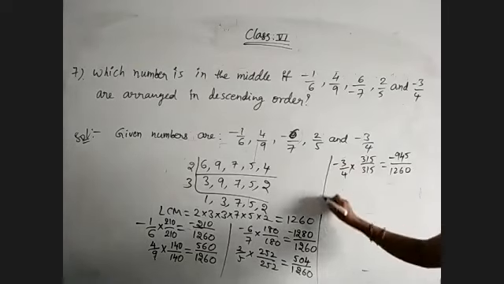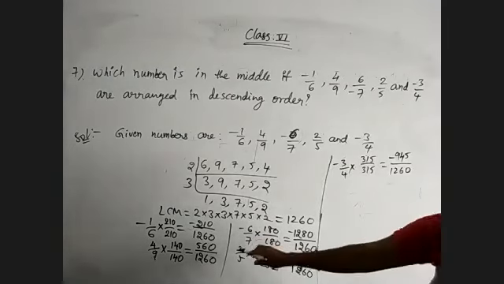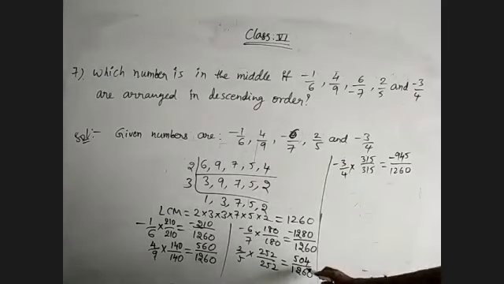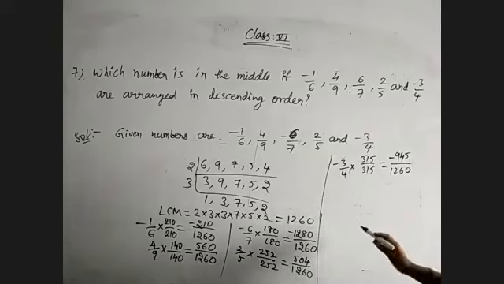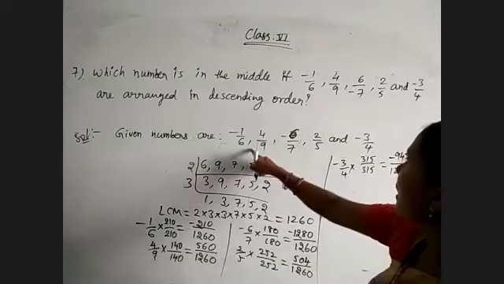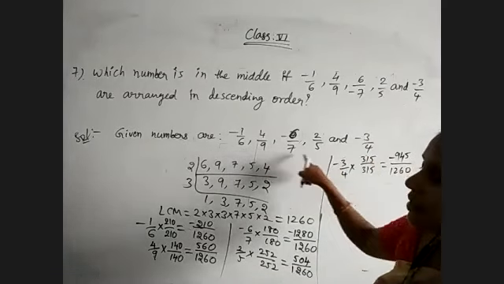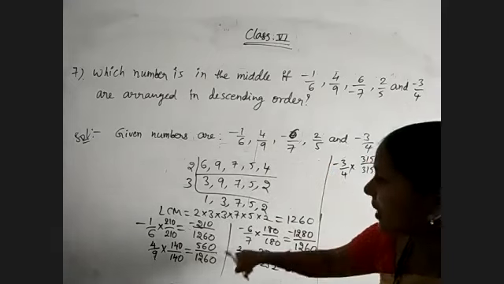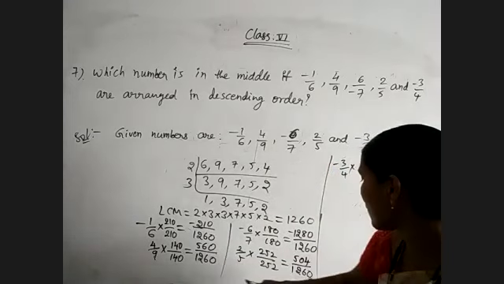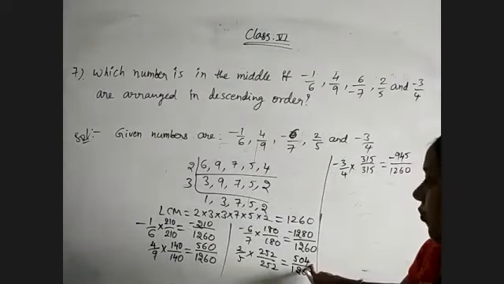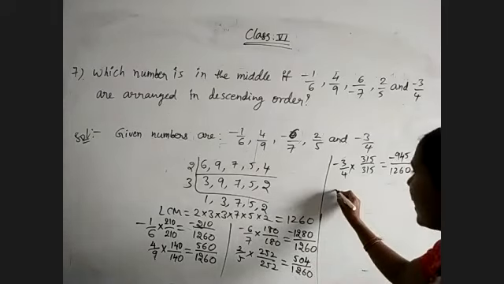Now we have every fraction as a like fraction with the denominator 1260. So write them in descending order. When writing descending order, we need to choose the greater number first. Among these, three are negative values and only two are positive, so the positive values come first. 4 by 9 is 560 by 1260, and 2 by 5 is 504 by 1260 that we got. So 4 by 9 is the